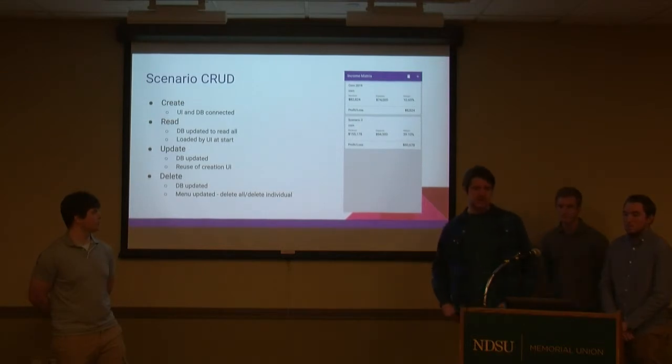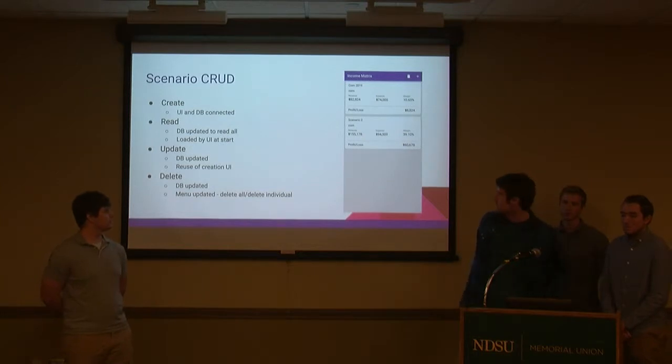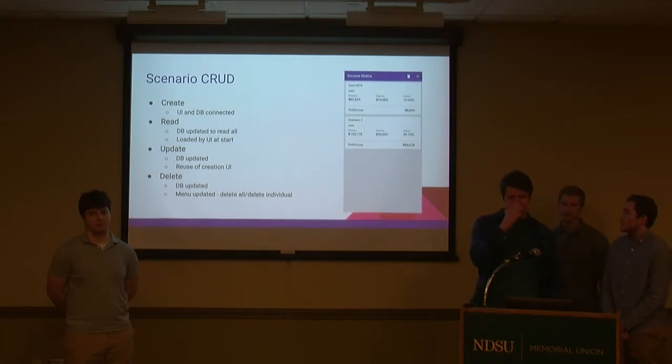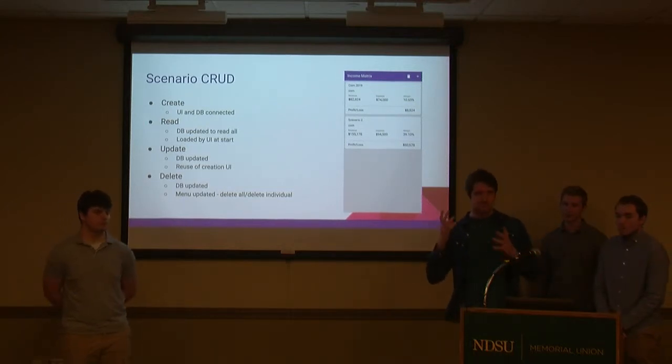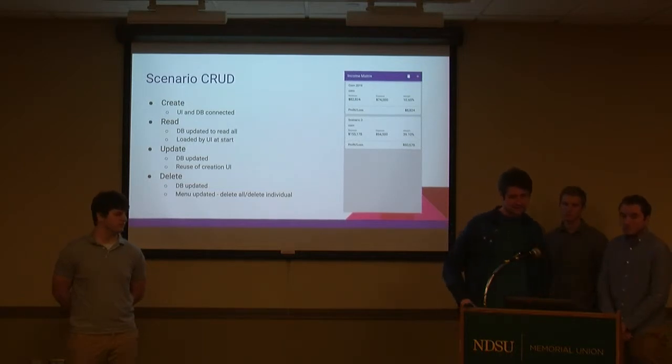Okay, so now we're going to talk about the progress that we've made since our midterm presentation. In terms of the database, the CRUD thing, create, read, update, delete, we've made progress in all those areas while we've implemented them. For the create scenario, we already had all the parts in place, we just had to connect them. We already had the input form and the database support for adding scenarios. So we just hook those up and click save and it'll go through the database.